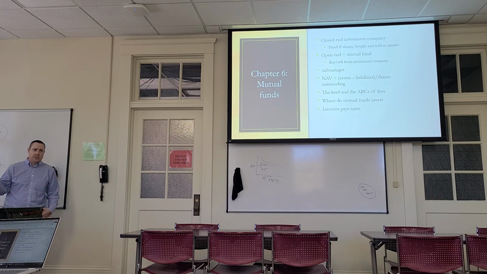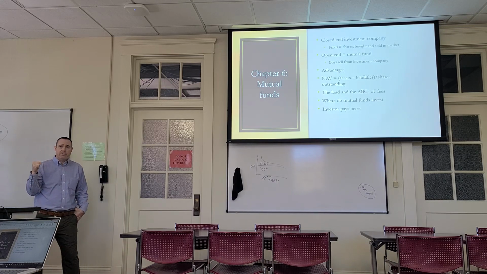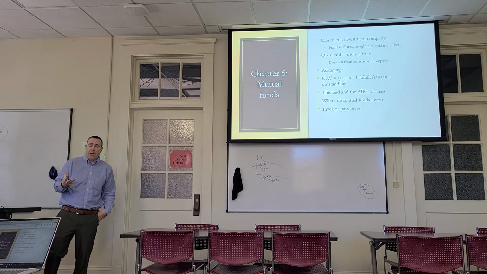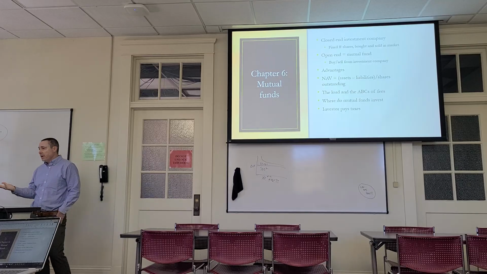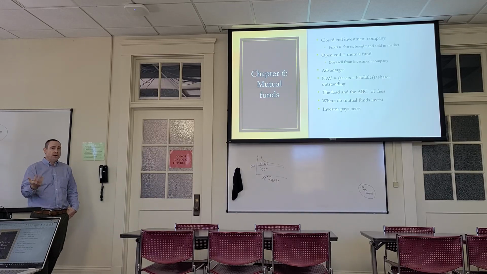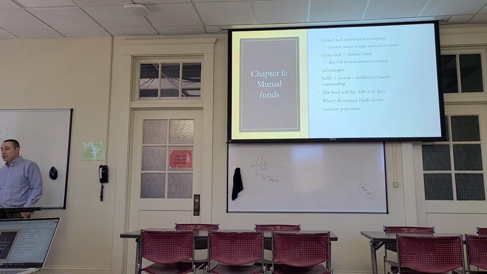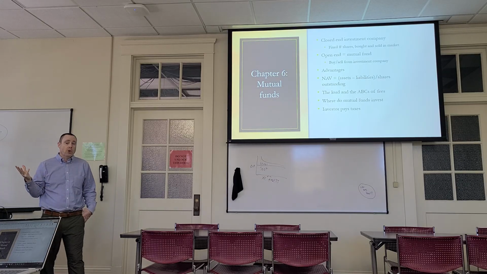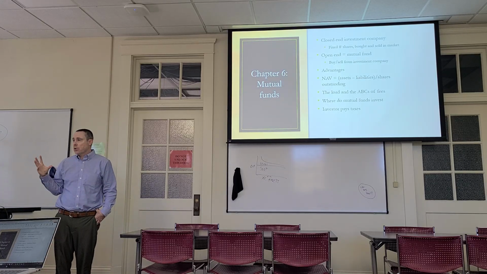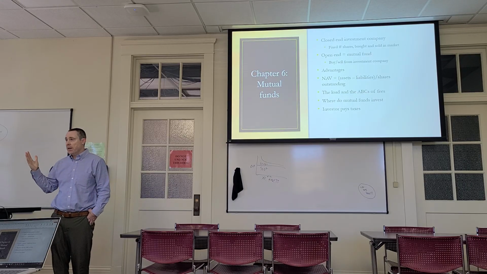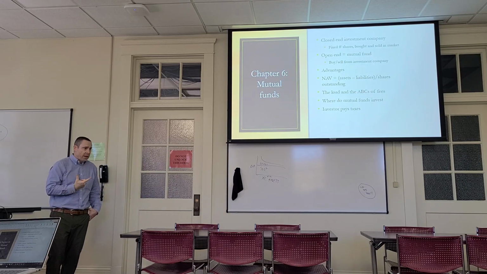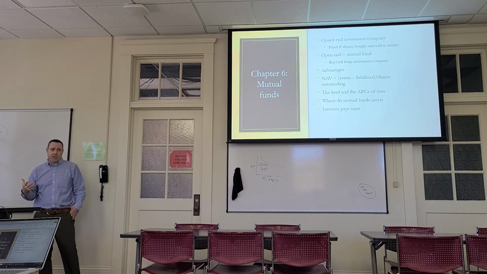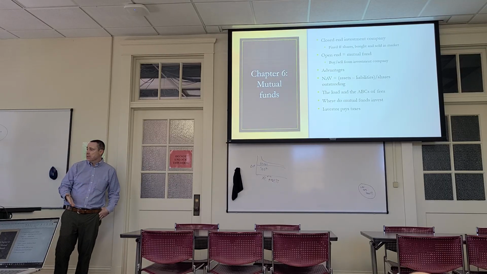With the closed ends, this is the number we have. If nobody's willing to sell, you can't buy anymore. Open end is more likely where they'll just keep creating shares until at a certain point, we can't do this anymore. We can't achieve the goals of this fund because we've grown too much. So we're going to close it off to new investors. You'll see on Vanguard where they have Admiral shares and they'll charge you lower fees.